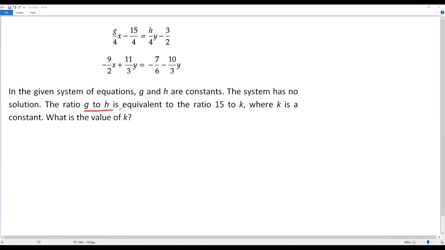The ratio g to h is equivalent to the ratio 15 to k, where k is a constant. What is the value of k? Using the given information, we have to find the value of the constant k. Since we have a system of two linear equations over here, let me consider a system of two linear equations